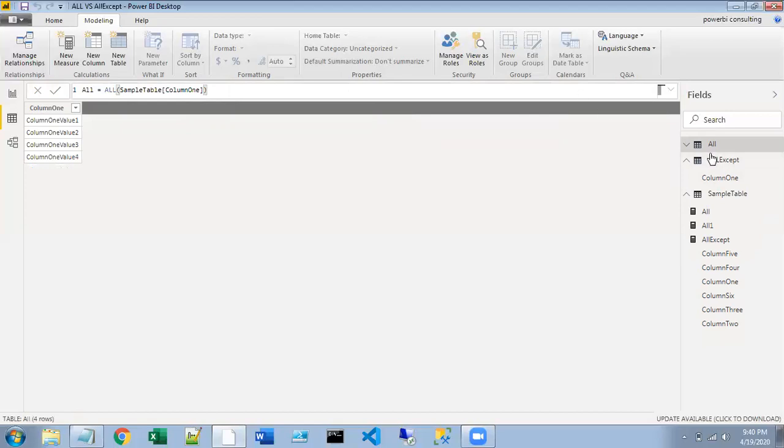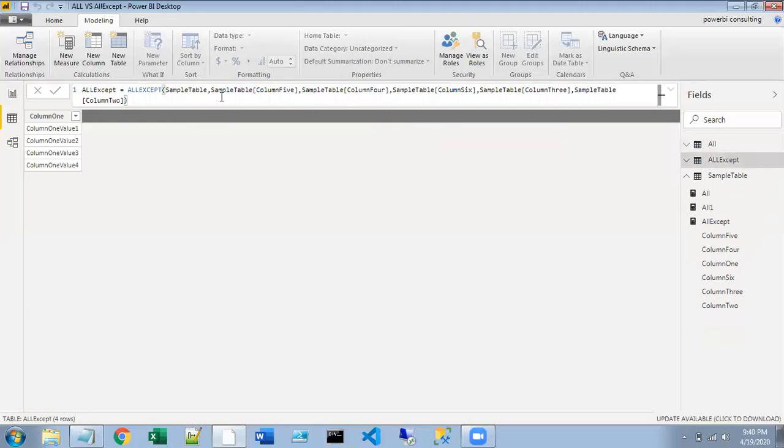But if you go with ALLEXCEPT, as you already mentioned, you have to consider only the filters of these columns, and you mentioned to ignore all the filters from the remaining columns, right? So your column 7 is another column, right? So this code will work. You don't need to change anything for your new column. Okay, that is the other advantage with the ALLEXCEPT function.